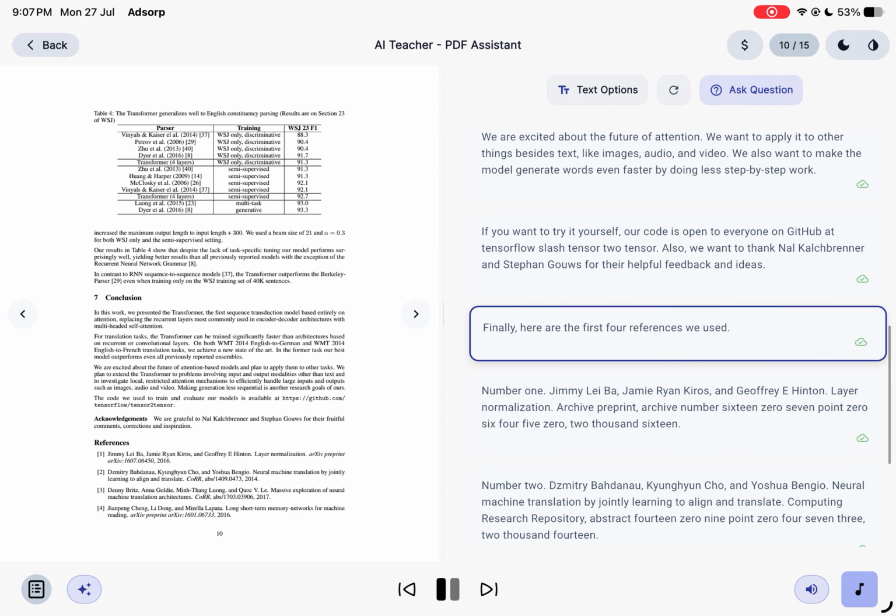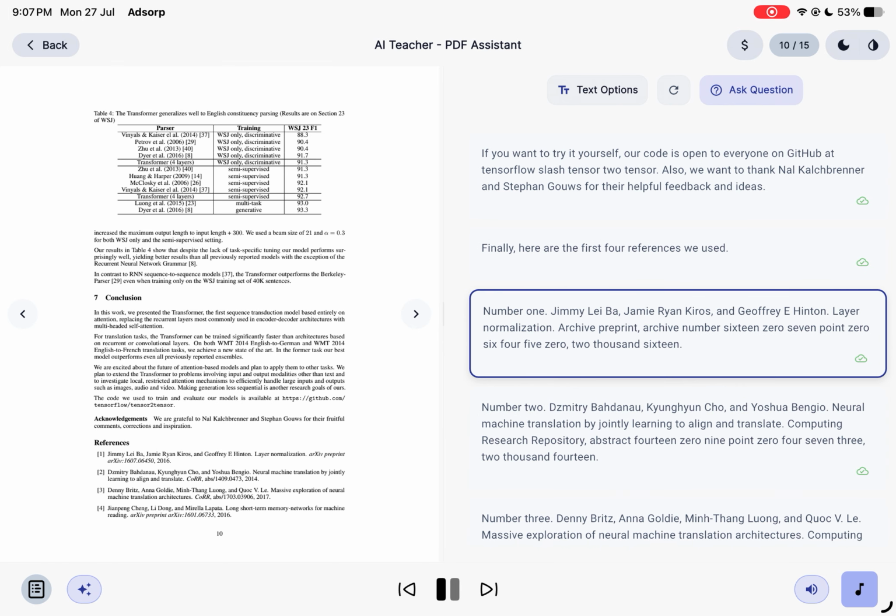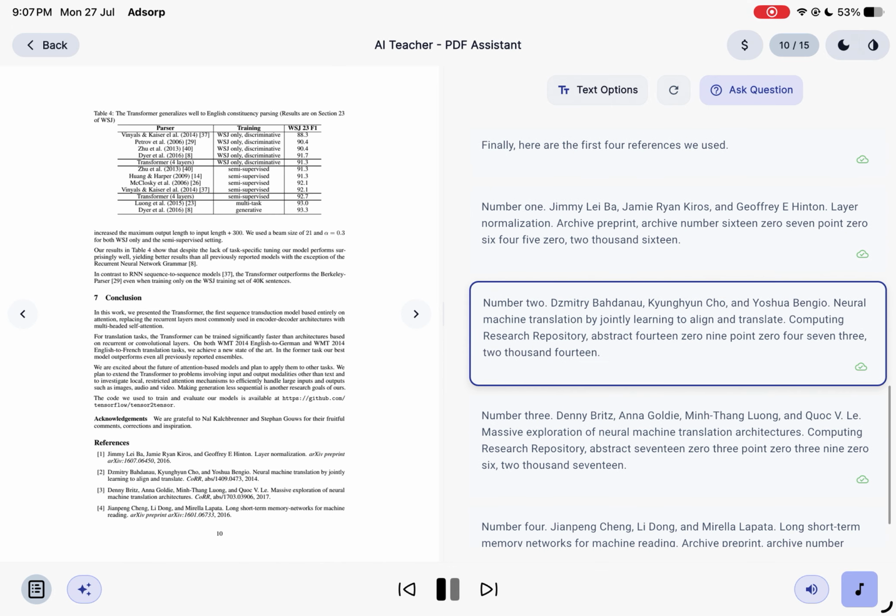Finally, here are the first 4 references we used. Number 1. Jimmy Lei Ba, Jamie Ryan Kiros, and Geoffrey E. Hinton. Layer normalization. arXiv preprint, arXiv number 1607.06450, 2016. Number 2. Dzmitry Bahdanau, Kyunghyun Cho, and Yoshua Bengio. Neural Machine Translation by Jointly Learning to Align and Translate. Computing Research Repository, abs